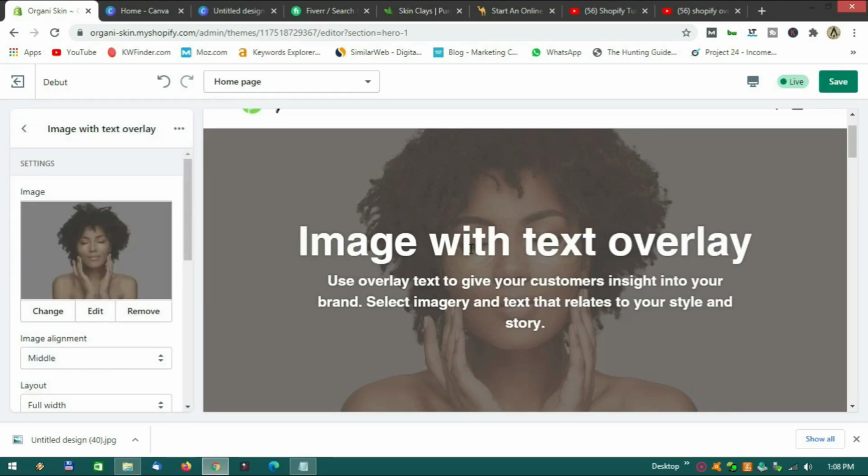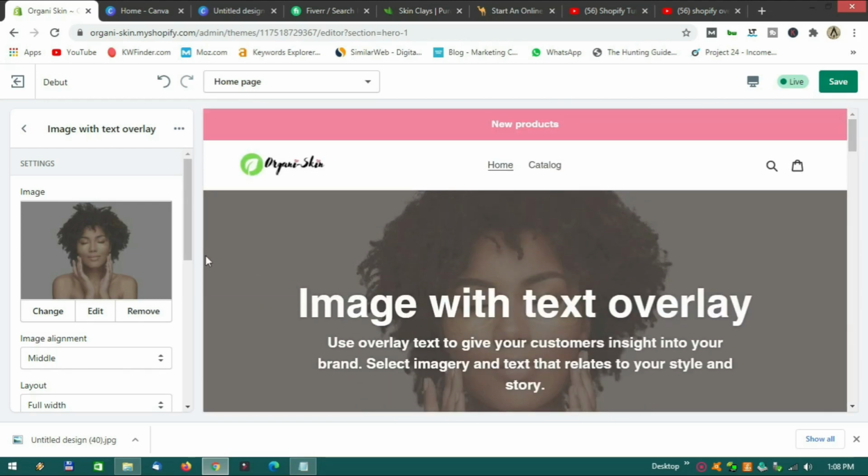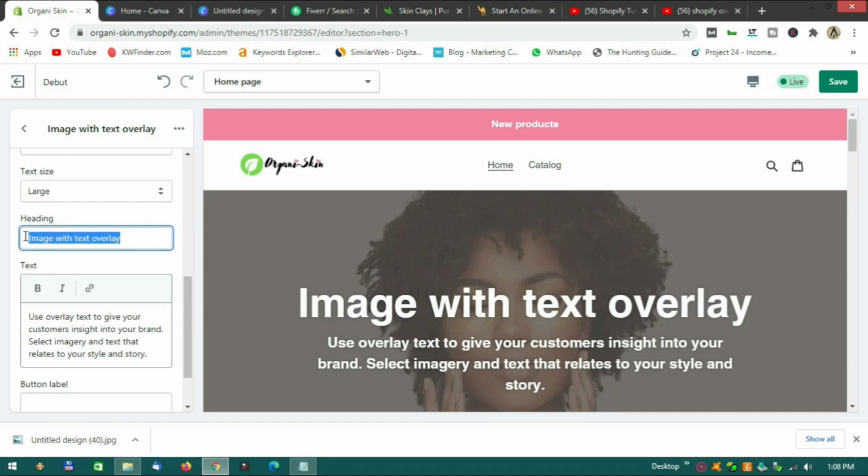So now the text stands out a little bit more, and it's easier to read, and you can tell your customers exactly what's going on. So let's change the heading here. It's simply by going to heading, and then you can change the heading to whatever you want to say. So say for instance I want to let people know